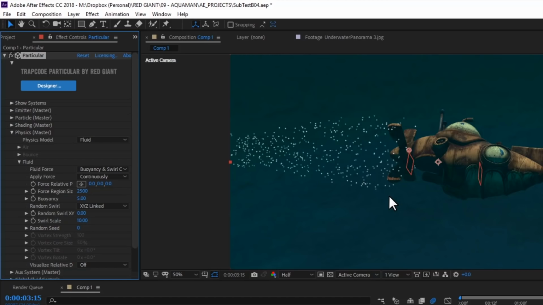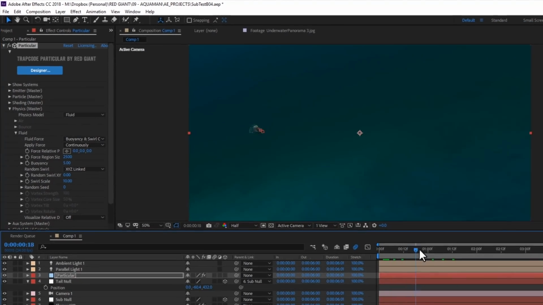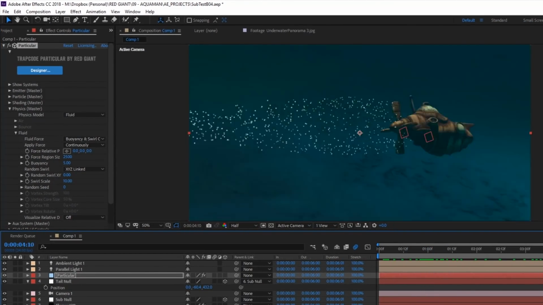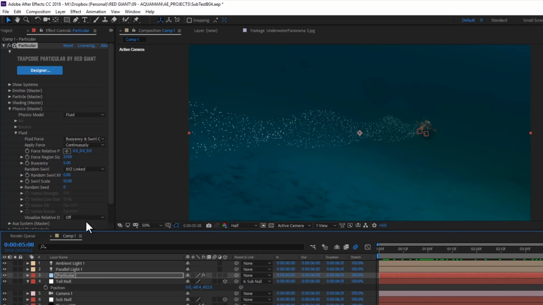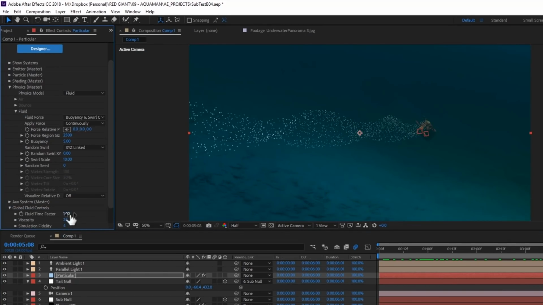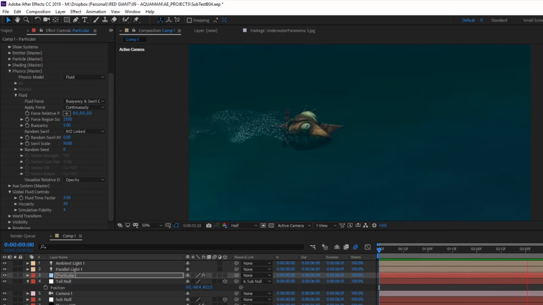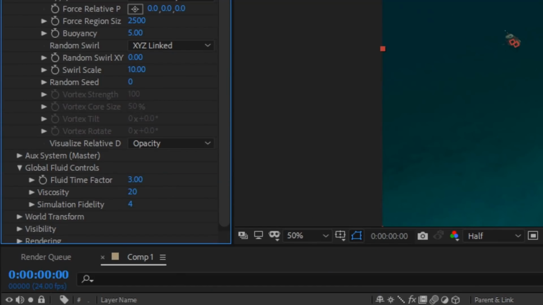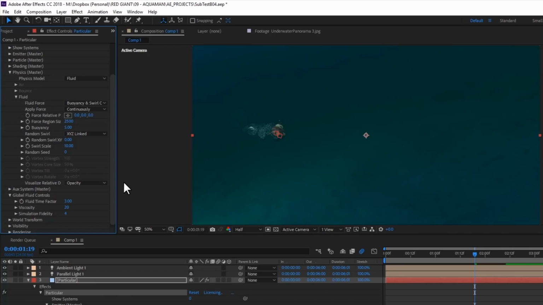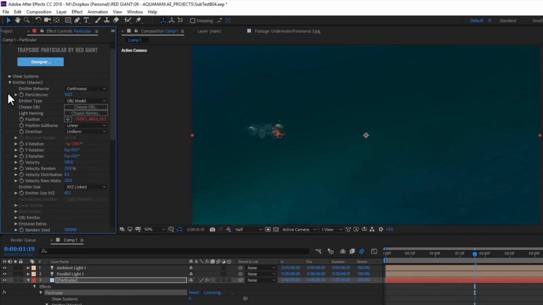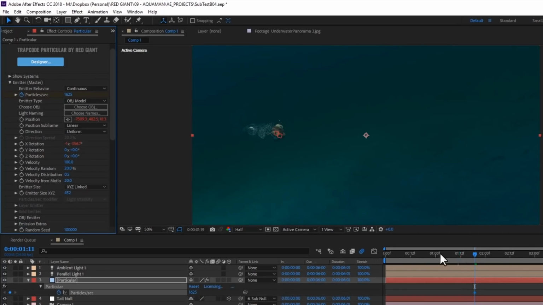Now, more particles are being affected by the region, but it's too slow, almost imperceptible. So let's scroll down to the global fluid controls and increase the fluid time factor to 3. And now we're getting somewhere. I'll turn on Visualize Relative Density because it just looks cool. Then I'll add some keyframes to my particle amount at the beginning because there's this little pop that happens right when you enable liquid forces,